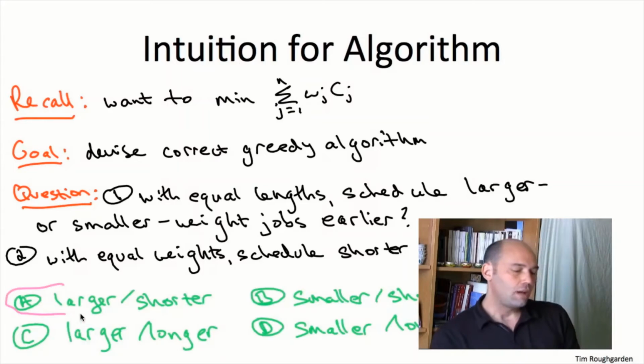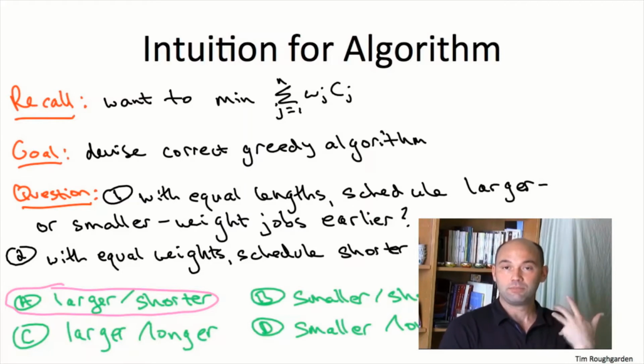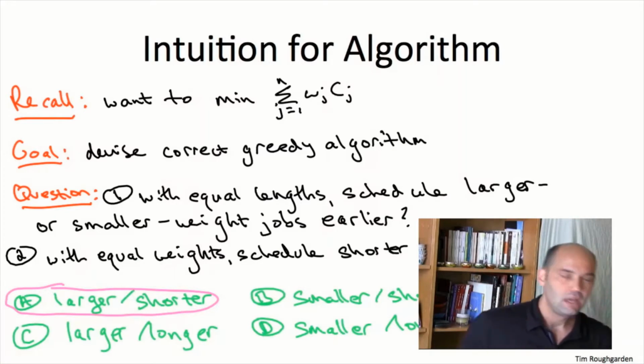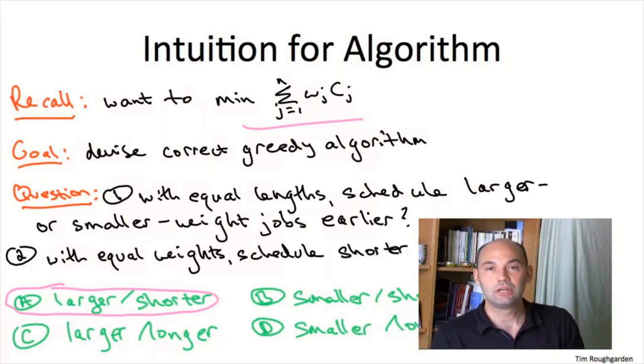So first of all, if all the jobs have the same length, you should prefer jobs with larger weights. Certainly, this intuitively jives with our semantics of weights. That says more importance, which suggests that higher weight jobs should go first. So if you look at the actual formula of minimizing the sum of weighted completion times, if the jobs all have the same length, then the completion times are going to be the same. You're going to see the same set of them. If all the jobs have length 1, the completion times of the jobs are going to be 1, 2, 3, 4, all the way up to n, no matter what sequence you use. So to make this as small as possible, you want the highest weights to be associated with the smallest completion times. That is, you want them up front as early as possible.